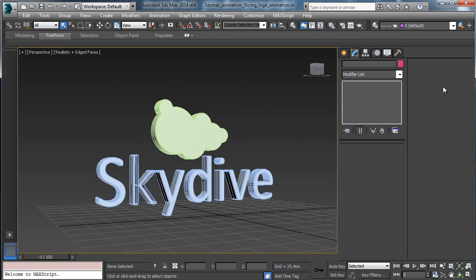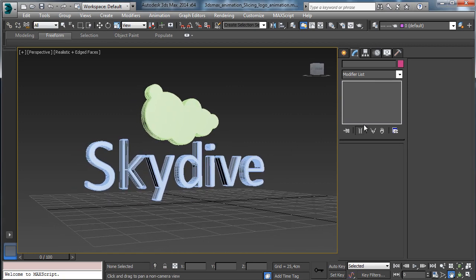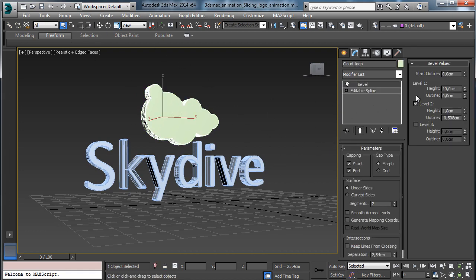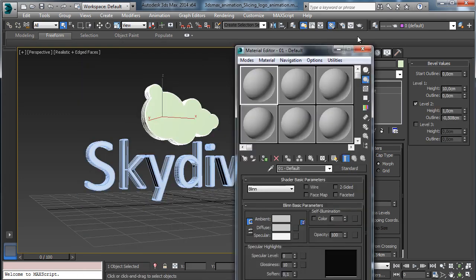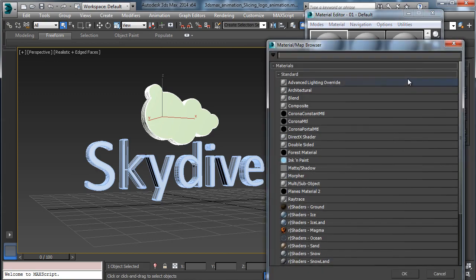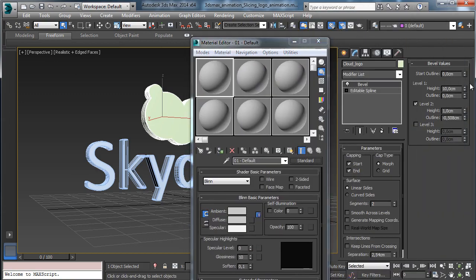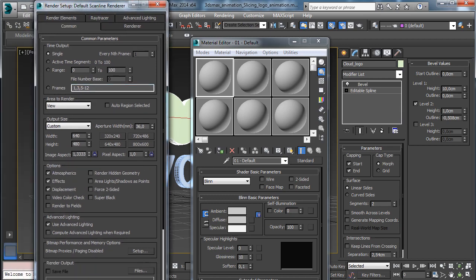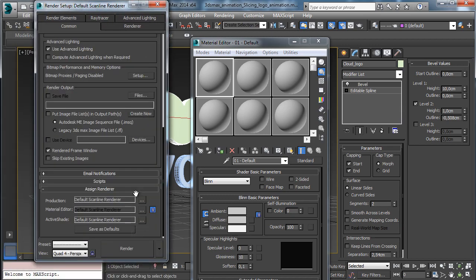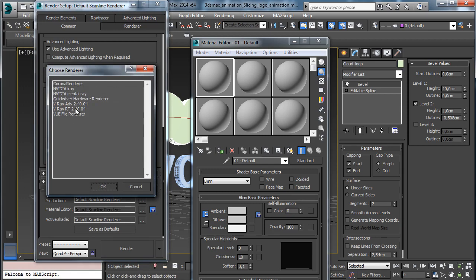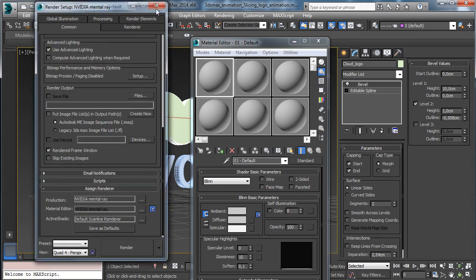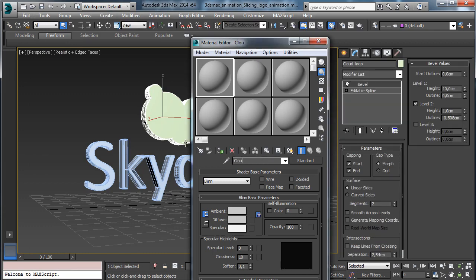So now we need to create something related to the environment and the logo, and so let's create a material for this one, and maybe this one can be just a white material. Maybe we can use mental ray as rendering engine. So advanced, and then there we can choose mental ray. This one will be the cloud,